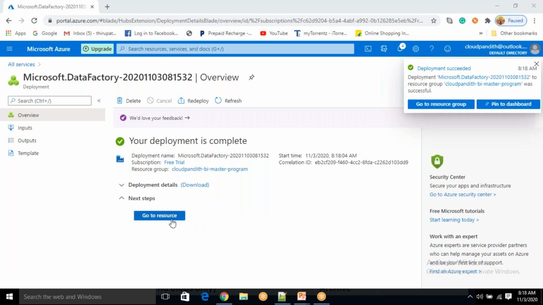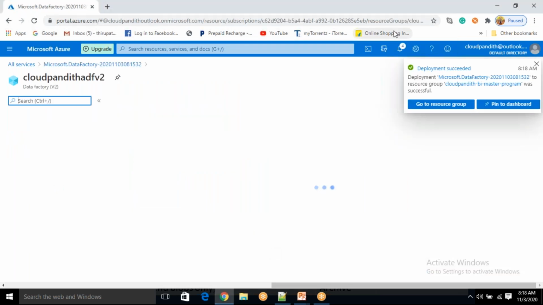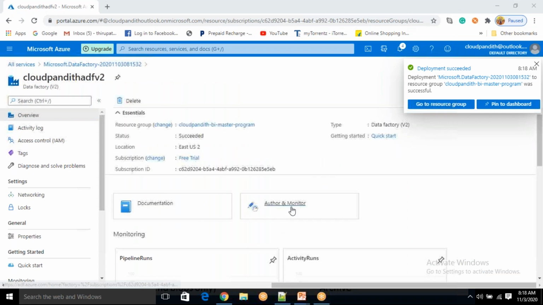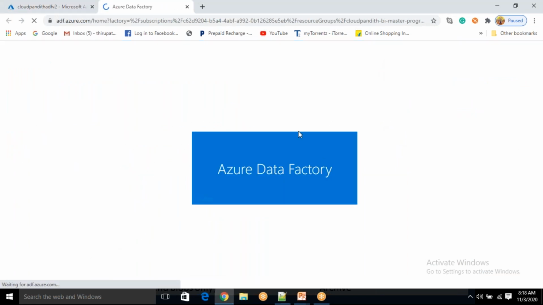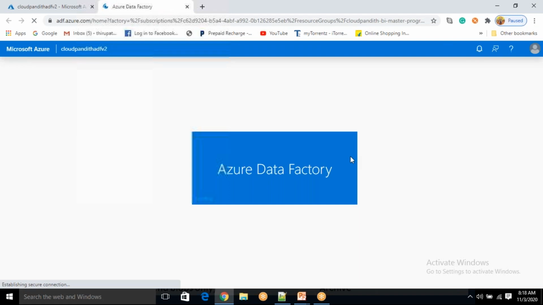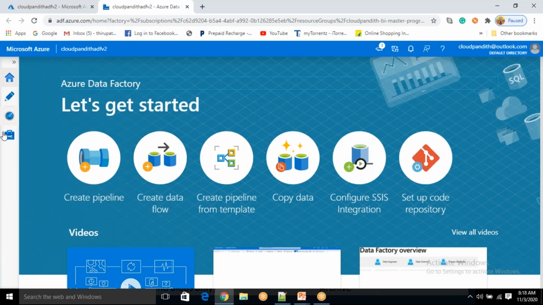Okay, our ADF is ready. Just click on go to resource. To open ADF, you need to click on the open and monitor tab. So you see now how data factory will look. I will show you. See, you have four options.